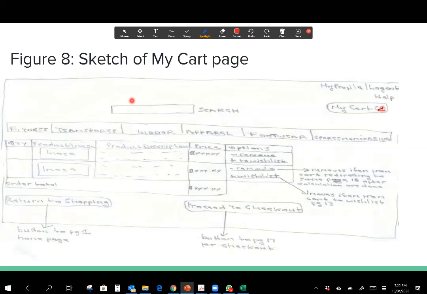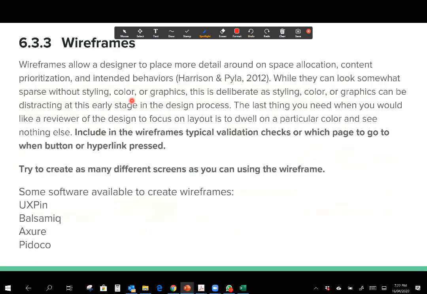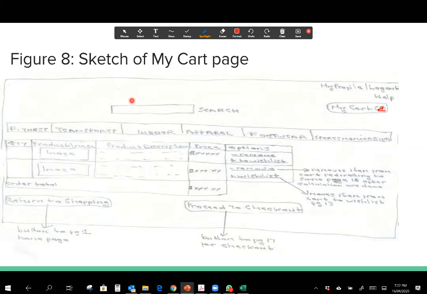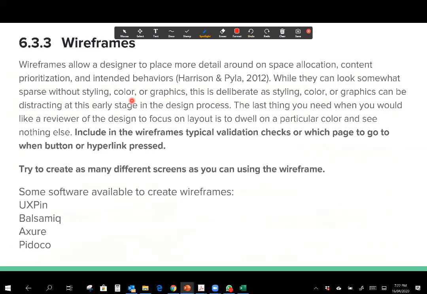Good? You could even draw it on a whiteboard and take a picture, right? If you want, you could use markers on a whiteboard, take a picture, then erase it and do another one. Your choice. After you've done your sketches, the next step is continuous refinement. So from those sketches, you move to a wireframe.